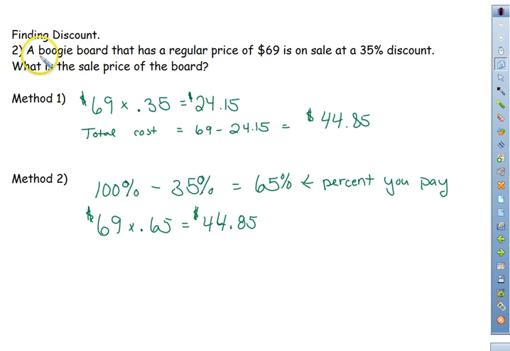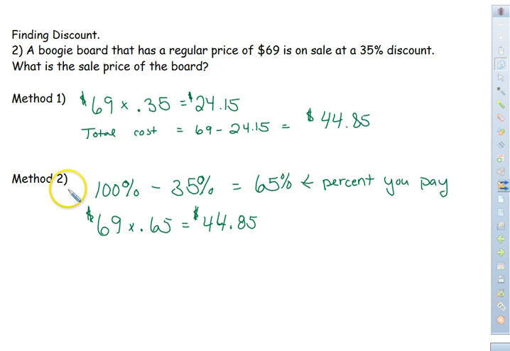Now for a discount, it says a boogie board that has a regular price of $69 is on sale at a 35% discount. What is the sale price of the board? Well, method one, again, you're doing the same thing. What is 35% of $69? So you multiply them, and you change that to a decimal, and you get $24.15. Total cost is $69, and you're going to subtract, due to the fact that we are discounting it, $24.15, and you get